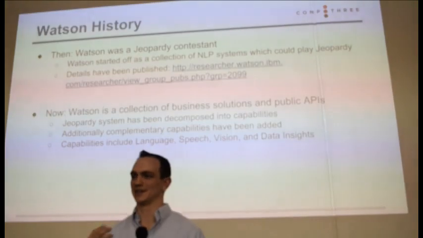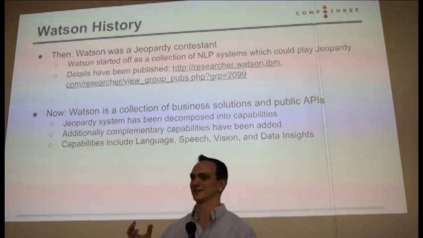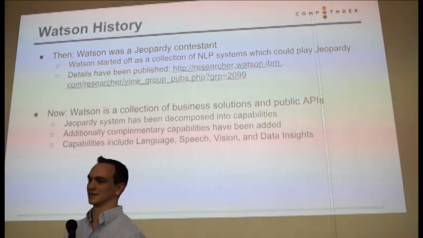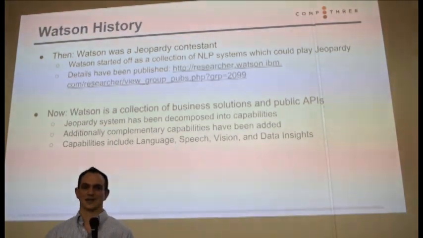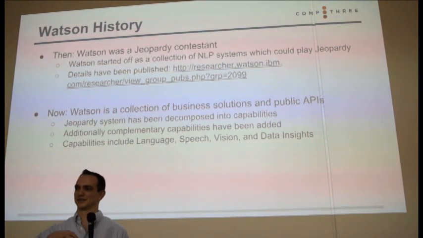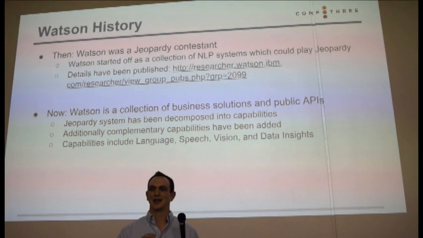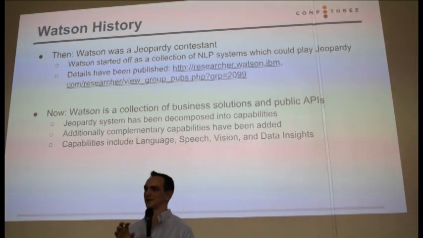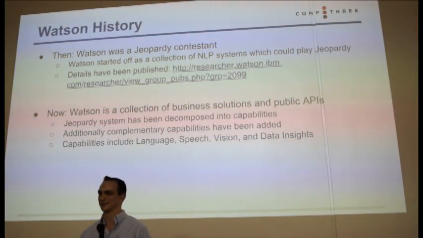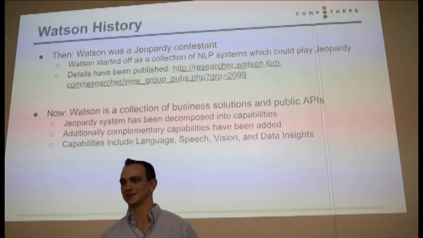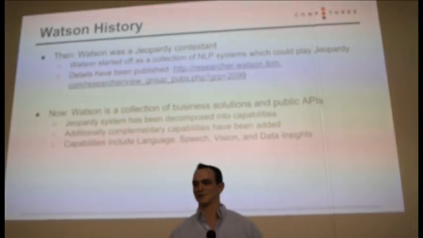So how does Watson understand the answers that they're giving it to come up with the correct question to get the points? Behind it, with NLP, I have to understand the question. I have to have a large corpus of data to go into and find the relationships, find what the answer is getting at. And while these technologies were really great at playing Jeopardy, nobody wants to buy a Jeopardy